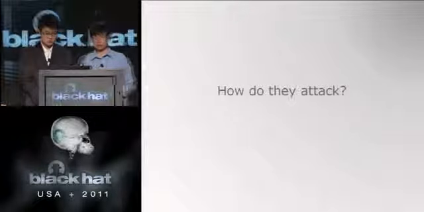So how do they attack? Usually, attackers send an email with specific content. The content looks very real. Actually, they copy the content from real mails. And in most cases, the mail also has a document attachment. And the attachment is usually the document exploit.